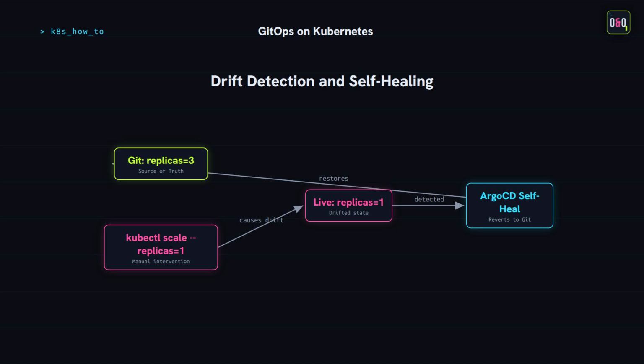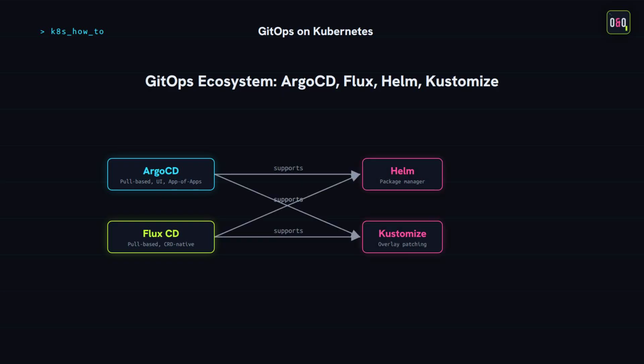ArgoCD is not the only GitOps tool available. FluxCD, maintained by the Cloud Native Computing Foundation, takes a more Kubernetes-native approach using custom resource definitions for everything, without a built-in web UI. Both ArgoCD and Flux support Helm for packaging complex applications and Kustomize for environment-specific overlay patching. ArgoCD excels at multi-cluster management and provides a powerful app of apps pattern for managing dozens of services. For most teams starting their GitOps journey, ArgoCD offers the fastest path to value thanks to its visual topology graph